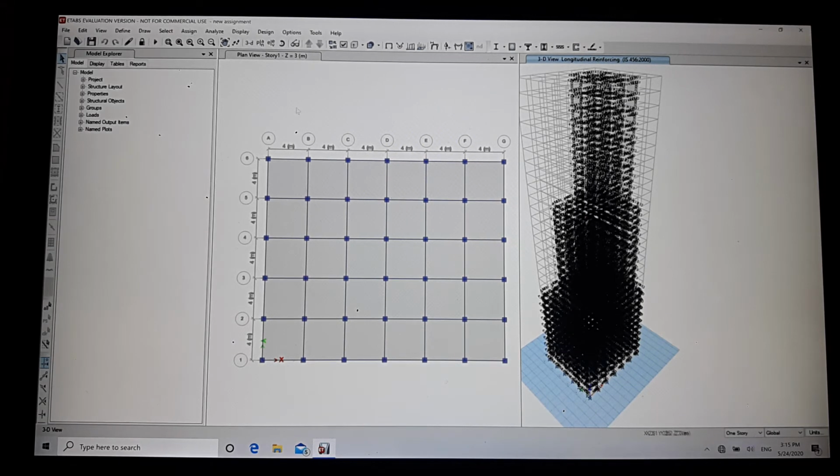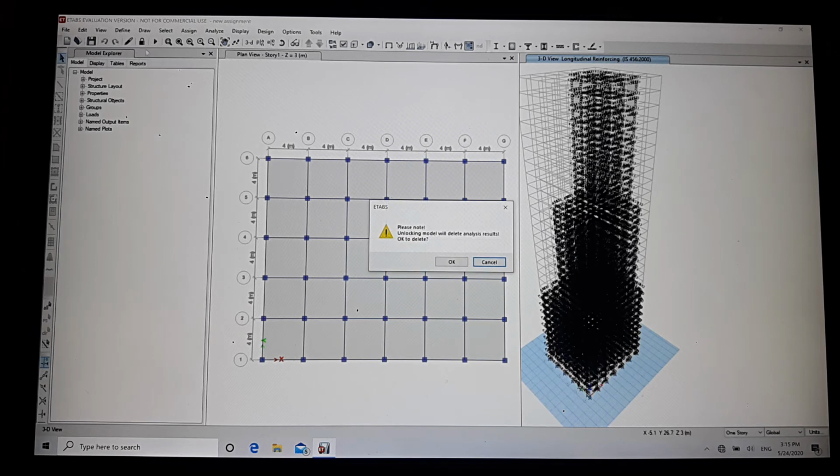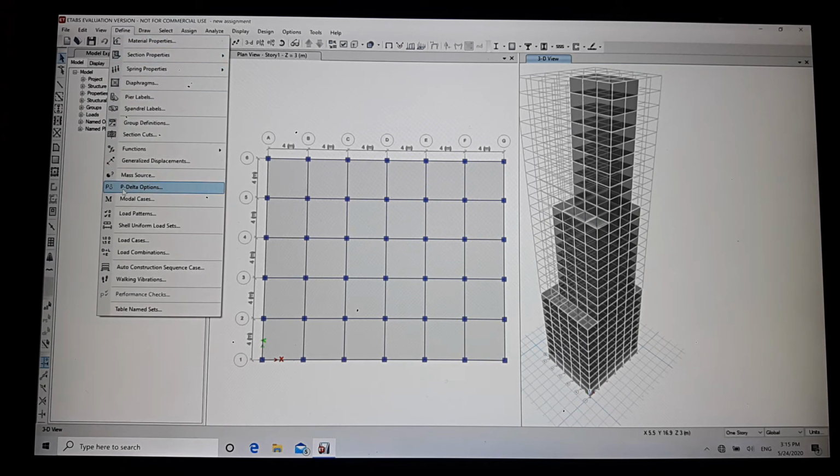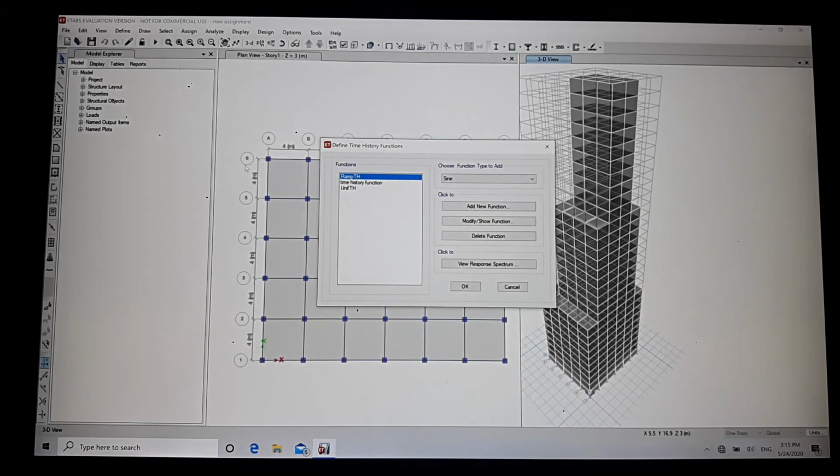Now we will do with the time history method. So unlock first of all the model. Okay. Then go to define, functions, and then time history. Click here from file and then add new function.